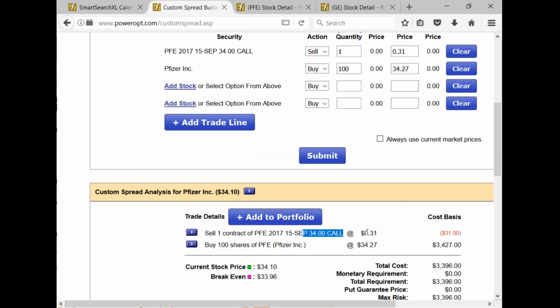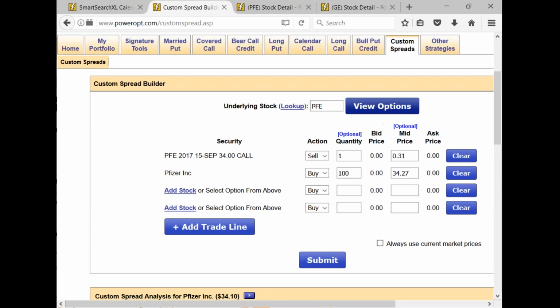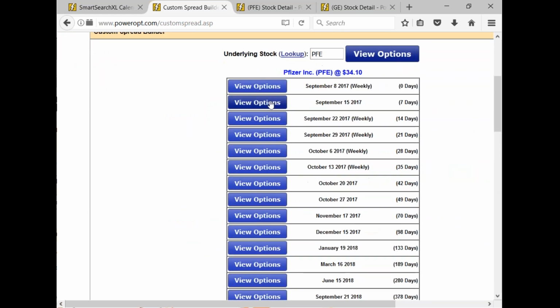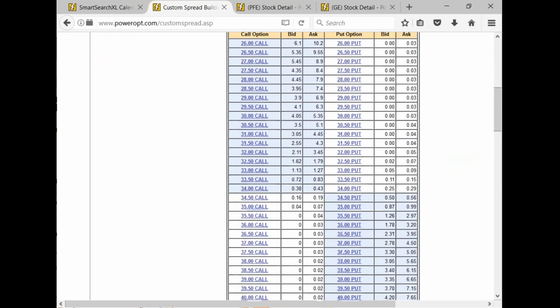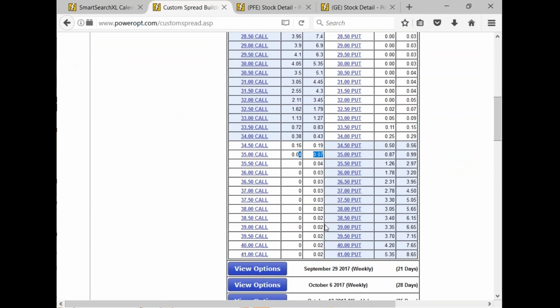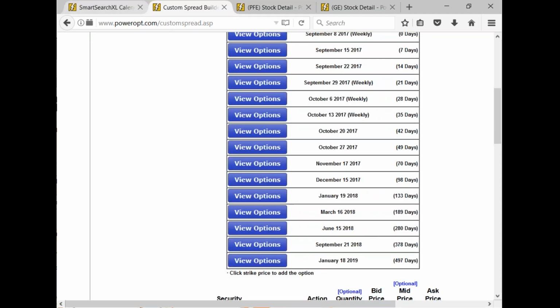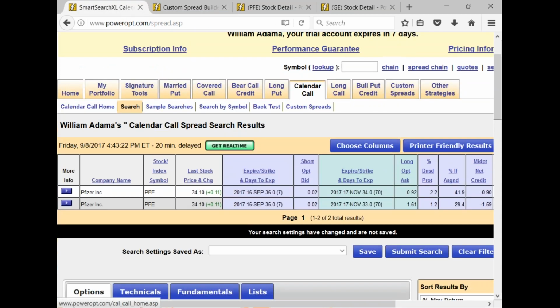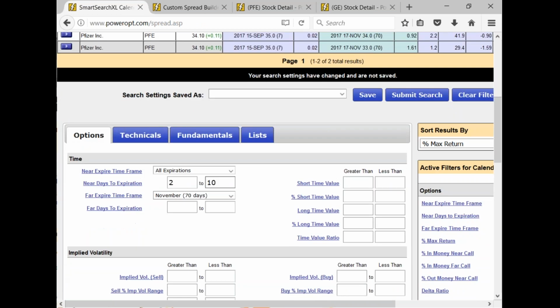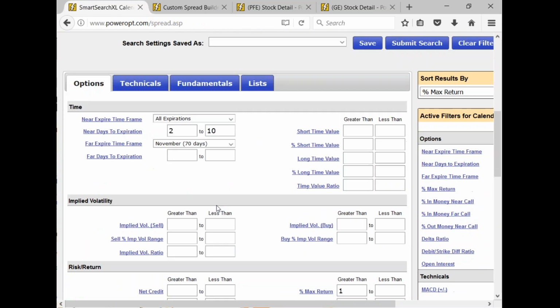Now, I had to use the 34 strike to get a reasonable premium 1 week out. You could go 2 weeks out. The 15th, for example, I'm sorry, the 22nd, 34.50 at 16 to 19 cents and 4 to 7 cents there. Of course, it's Pfizer. It's lower volatility, so you're not getting as much premium, and everyone knows the dividend's coming up in November. But again, to answer your question, add calendar call, go into the search, clear the settings, set